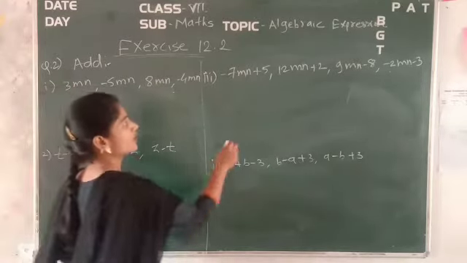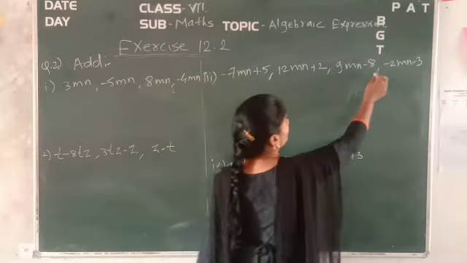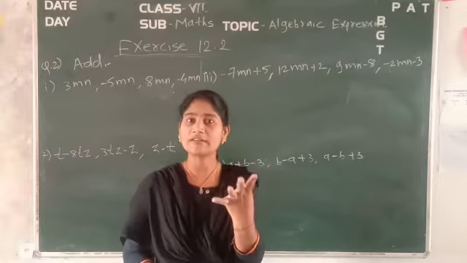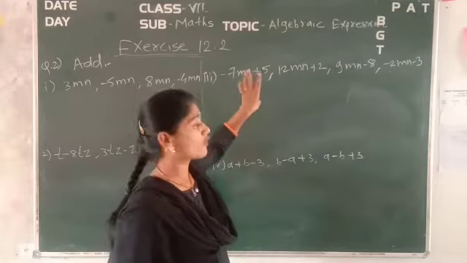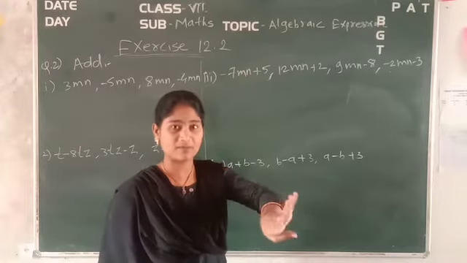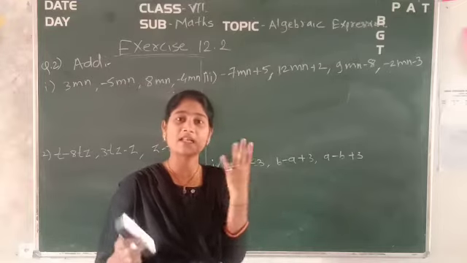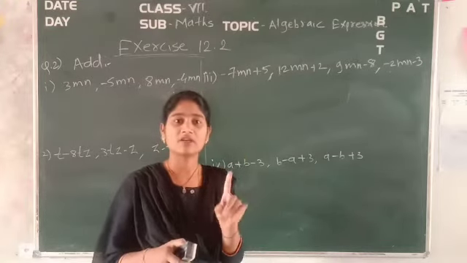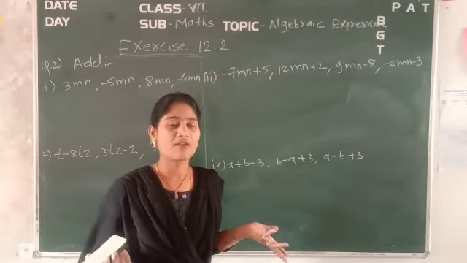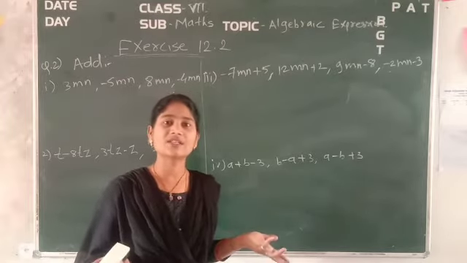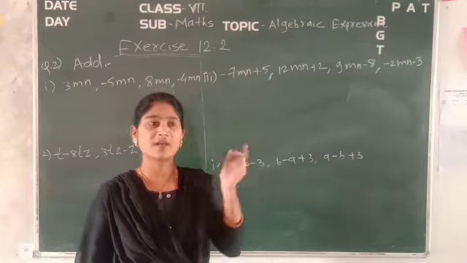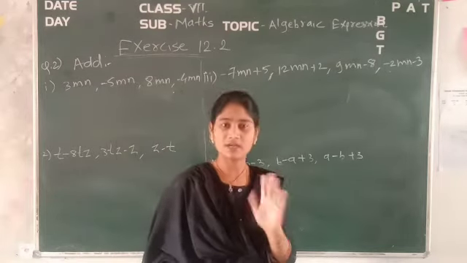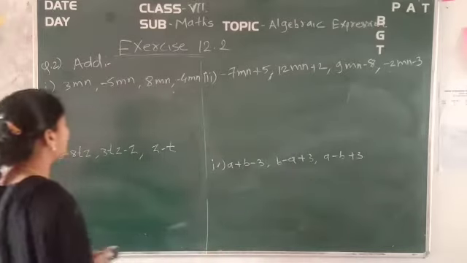Now every time I am just giving the comma, like I did. It means what? 4 expressions you have been given here, not terms. You have to add these 4 expressions and find out the single expression. So how can we find it? Simply, addition is there. So keep the sign of addition in between all the 4 terms. Finally you will get the answer. Okay. So let's carry forward to the example.